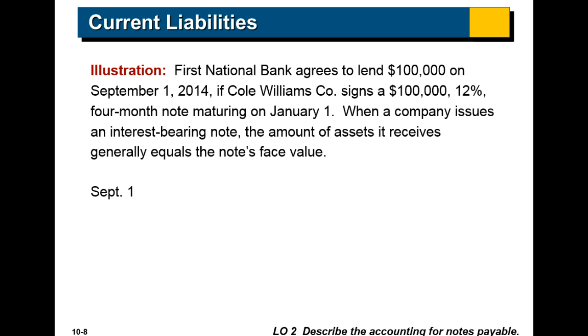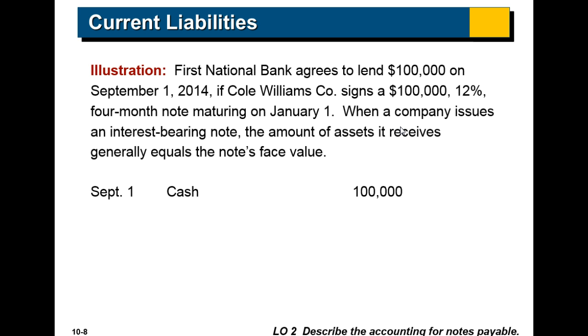First National Bank agrees to lend $100,000 on September 1st of 2014 if Cole Williams Company signs a $100,000 12% 4-month note maturing on January 1st. When the company issues an interest-bearing note, the amount of assets it receives generally equals the note's face value. So this note's face value is $100,000. That additional interest is going to be recorded as interest revenue by the lender. They're going to receive the interest on the note, but initially,